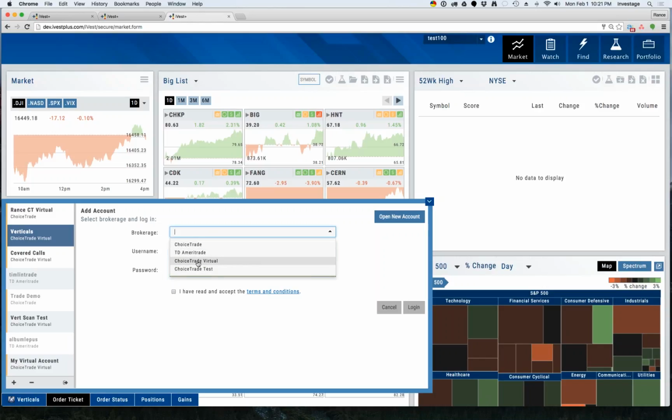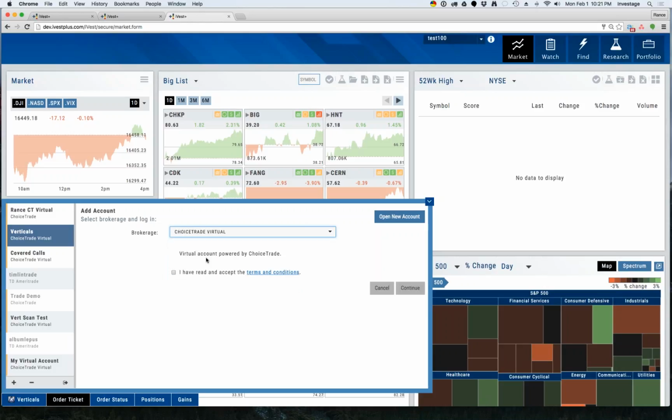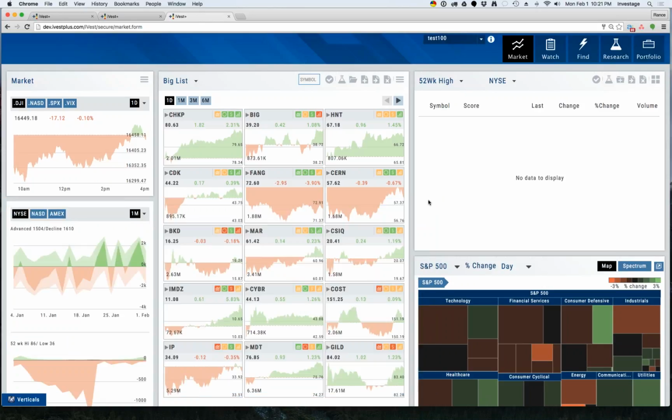You just select Choice Trade Virtual Account. You won't see Test Account. That's for my dev system. You'll see Choice Trade Virtual Account. You select that, and all you have to do is accept those terms and conditions and hit continue, and it creates the account for you. All right, so that's how you're going to create one, and we've seen several ways of being able to place trades tonight. Right. So with that,